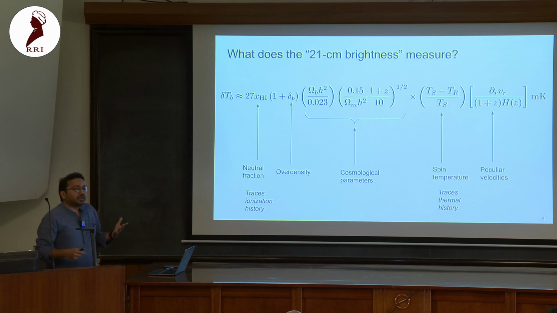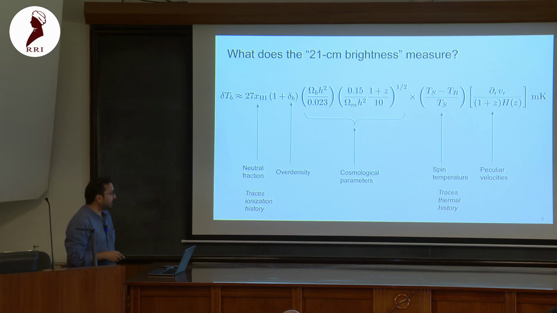So what do we really measure when we measure brightness temperature of hydrogen? It really is a very complicated process. It's an entire radiative transfer actually. But I'll just point out two very specific parameters that we are sensitive to. The first is neutral fraction. We definitely need hydrogen to be able to detect 21 centimeter. So as the neutral fraction of hydrogen goes down, the strength of the signal also reduces. That's very natural. But that basically means that we can use this to trace the ionization history of how quickly or how slowly the universe ionized.